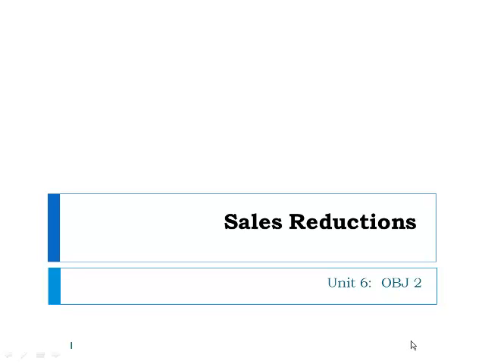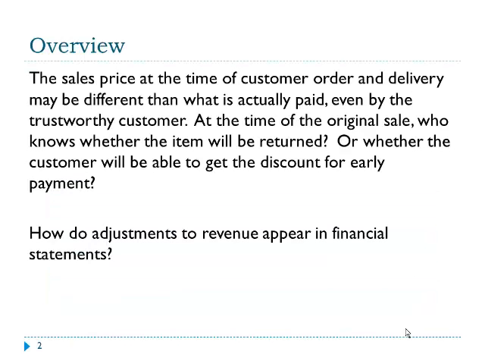Welcome to Objective 2 in Unit 6 of Accounting 3310. In this unit, we're going to pay particular attention to items that reduce the value of gross sales on the books of a company. The sales price at the time of customer order and delivery may be different than what